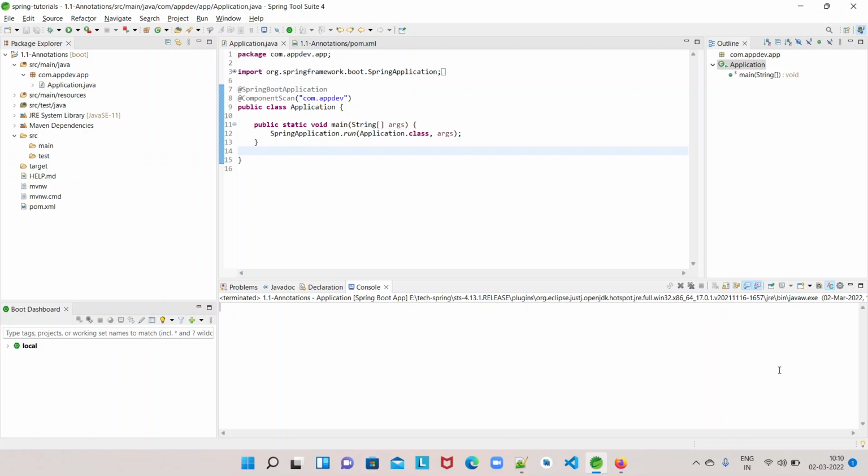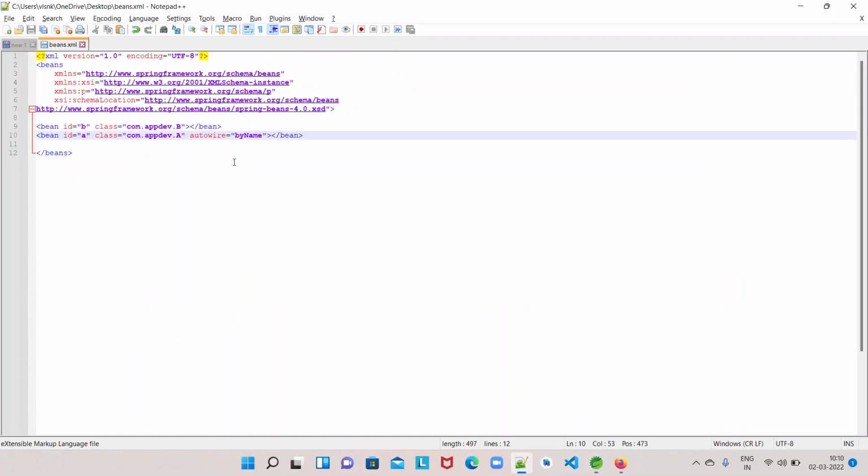We know that a bean can be injected into another bean by using some XML configuration like this, right? Autowire we can use so that whenever a bean A has a dependency on bean B with ID B, it will be automatically injected by the Spring framework into class A so that class A can make use of that class B or bean B. So this is what we know, right?